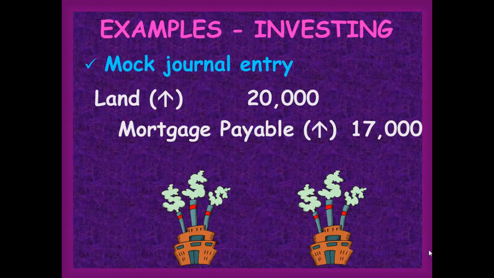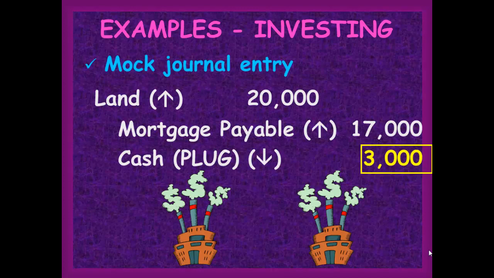Now it doesn't balance, does it? To make it balance, step 3 says plug cash. How much cash must I have paid for land? 3,000. That's the number I need. The whole reason I did this was to figure out the 3,000. Could you have done this without a journal entry? Maybe so. And if you don't want to do a journal entry, that's fine. What I want you to be able to do is to calculate the fact that we paid $3,000 cash to